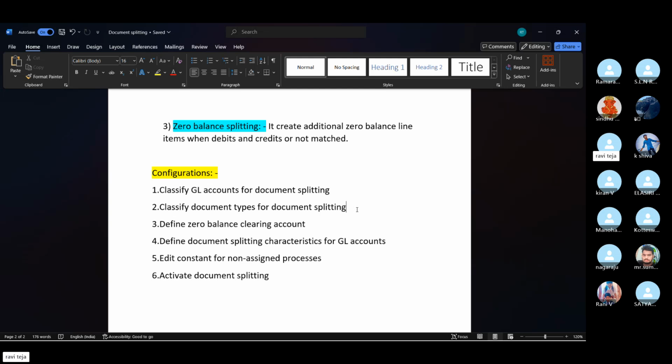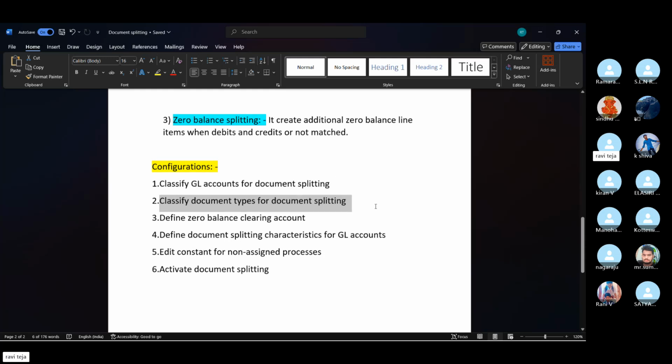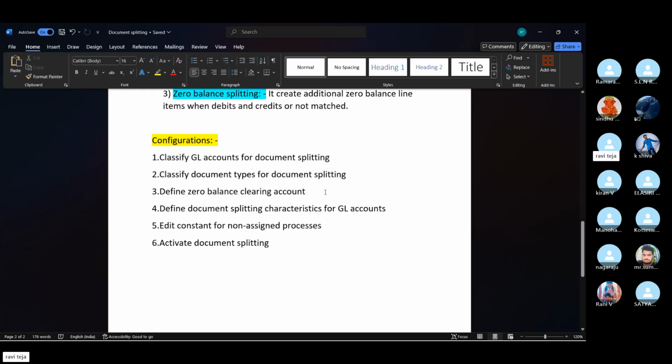The document type is linked with the business transaction and business transaction variant, and we can see that linkage in this configuration. Here we define the zero balance clearing account, which we use at the time of booking a transaction. Here we do account determination. We create a zero balance clearing account in FS00 and assign that GL account in these configurations.